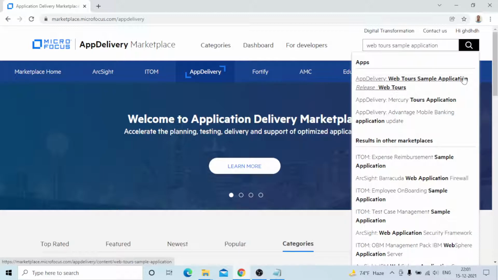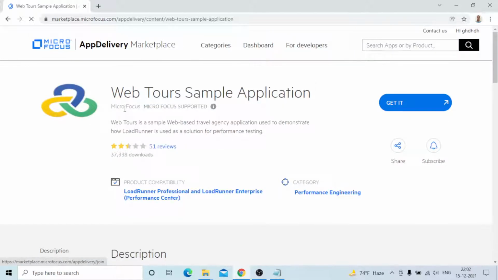Click on that. This logo is from the previous versions, where LoadRunner by default came with the WebTour sample application. After 2019 onwards this changed: LoadRunner is separate and this WebTour application is separate.